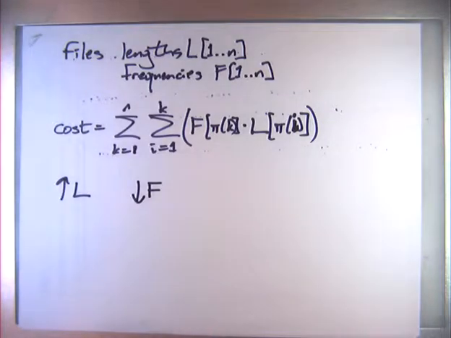Now we're given lengths and frequencies. And there's a tension between them because it's possible that increasing length and decreasing frequency will not give you the same order. So perhaps there's something else that I can sort by that somehow combines lengths and frequencies. Like we can have like a weighted